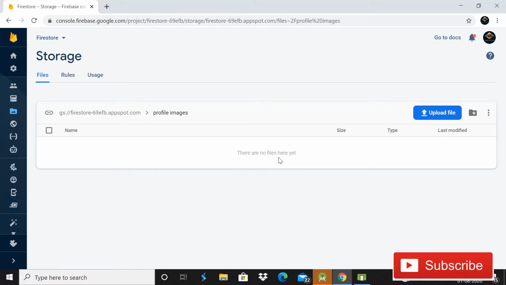So today in this tutorial I will show you how you can delete images from Cloud Firestore storage. Fine guys, watch this video till the last, because I will also explain some important things about my recent playlist, the Firebase video streaming app. So without wasting time, let's start guys.